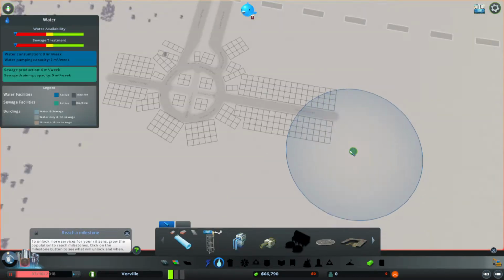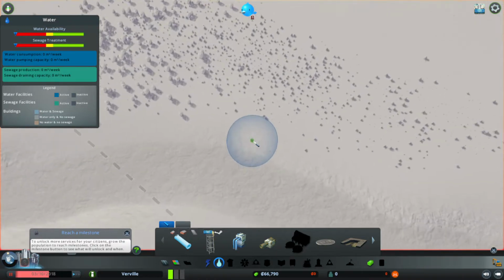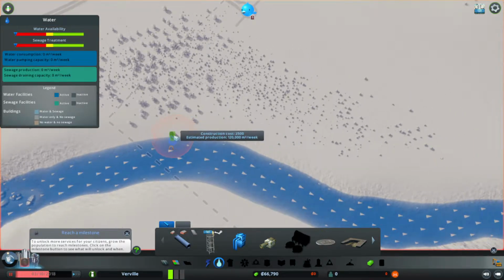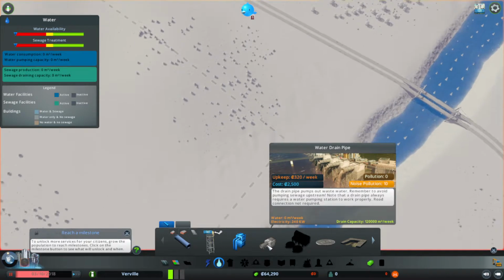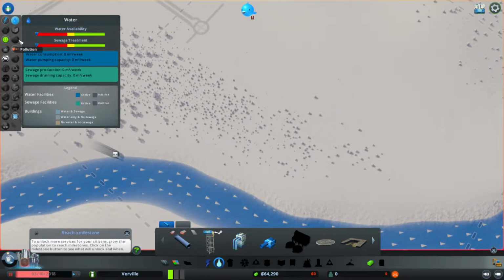So once you've zoned your areas, we need water pipes. We have a river here. We can put our pumping stations. You have a pumping station which gets water, and you have an outlet which dumps water. And outlets, they pollute. We don't have it on here. This is your